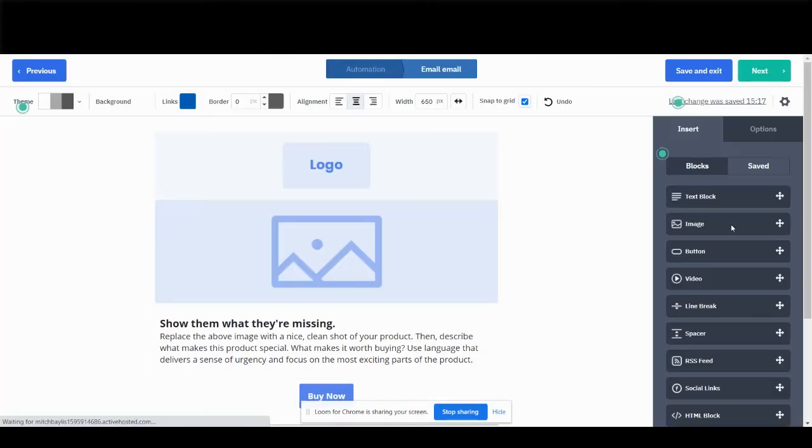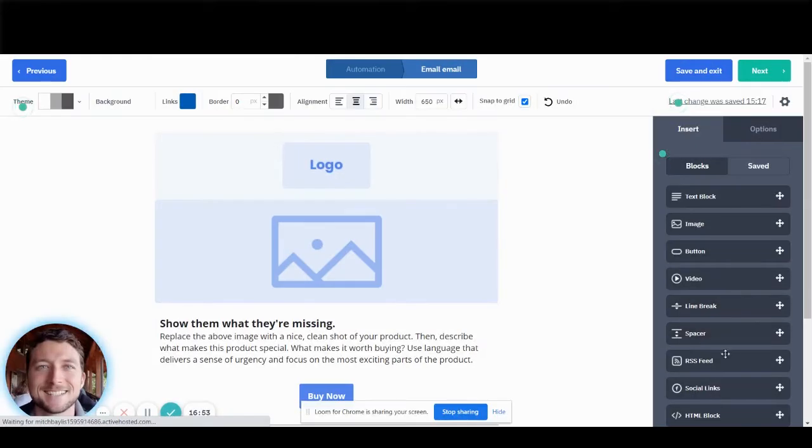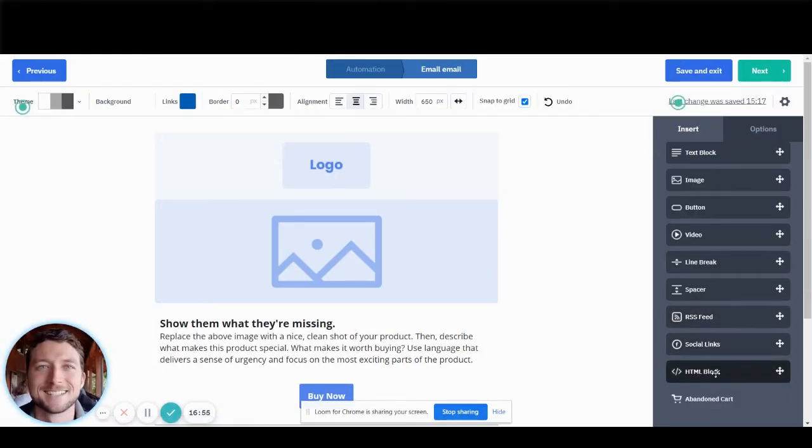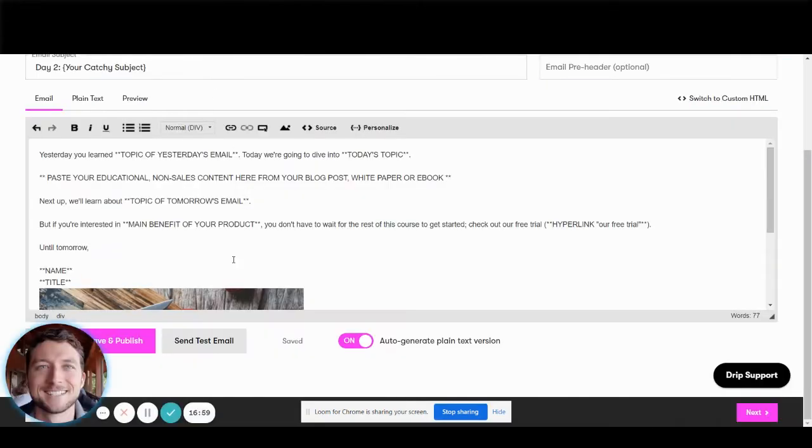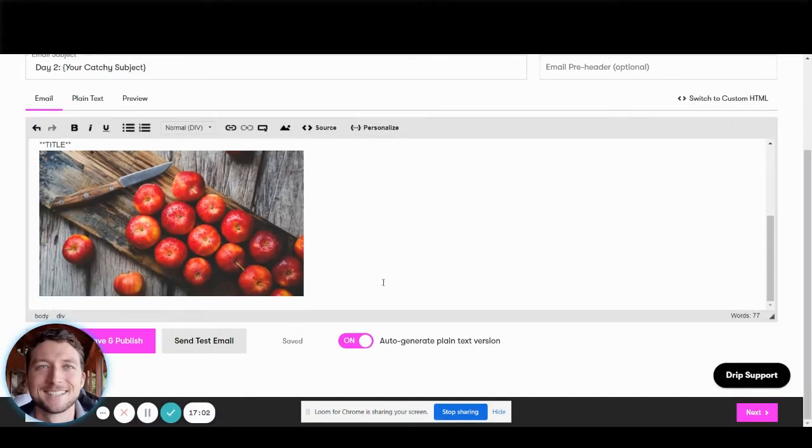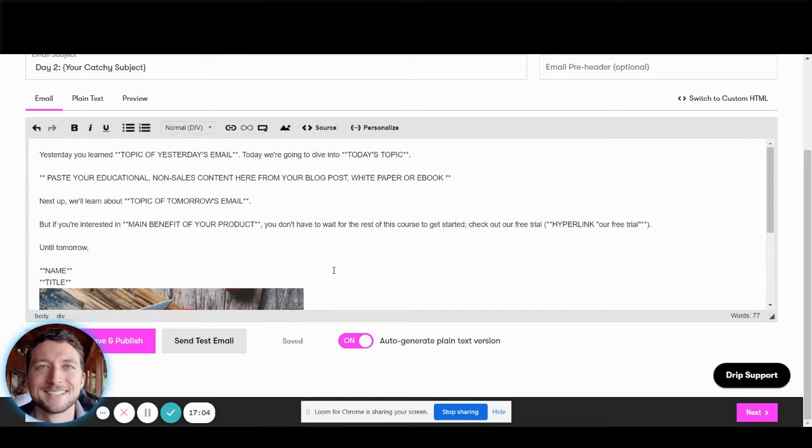icons and what else they've got? Buttons, videos, RSS feeds, custom HTML blocks, abandoned cart modules, etc. So that's all built in with ActiveCampaign. In Drip, you are kind of just constrained to this very, very simple email editor, which is good in many ways because if you over edit your emails, if you create these beautiful, fancy emails, they're just going